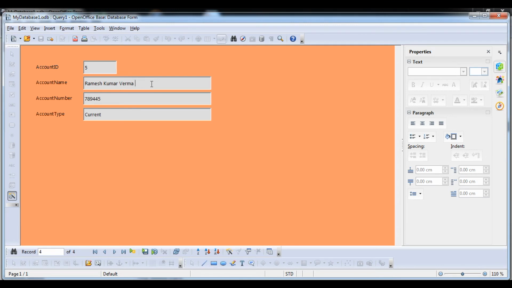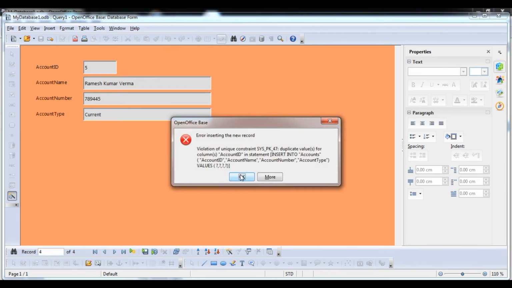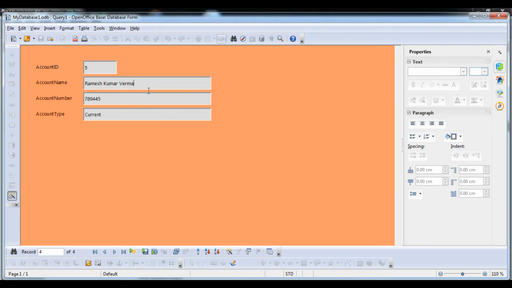this number. Okay, so now you can put it back. There is a duplicate number, so what I'm going to do is put 8 here because of the primary key. Now the record has been saved.